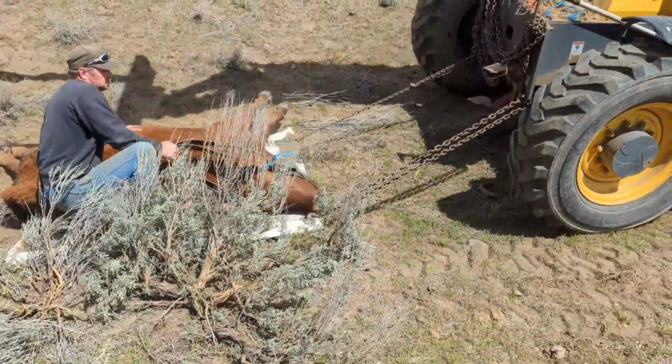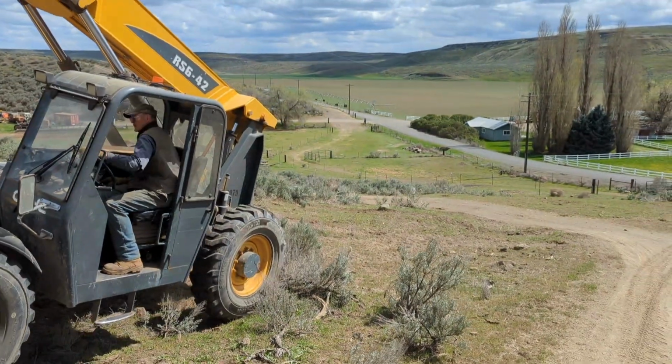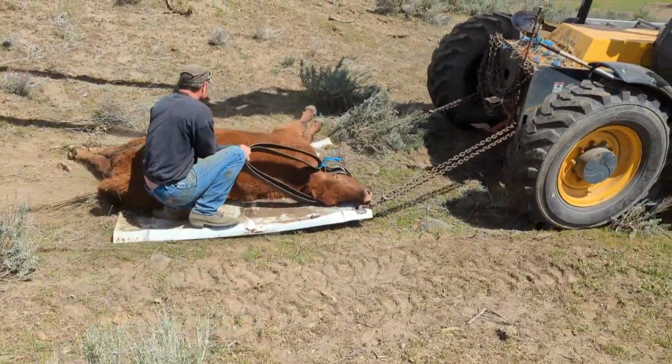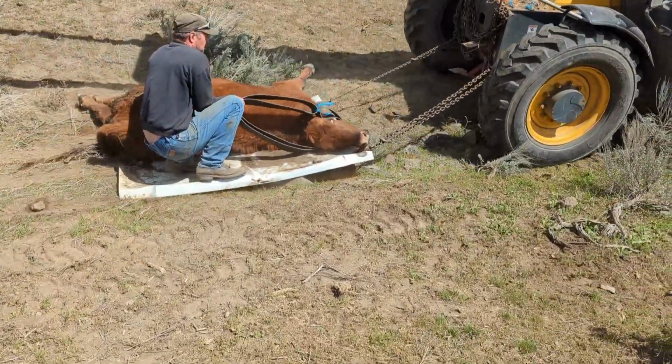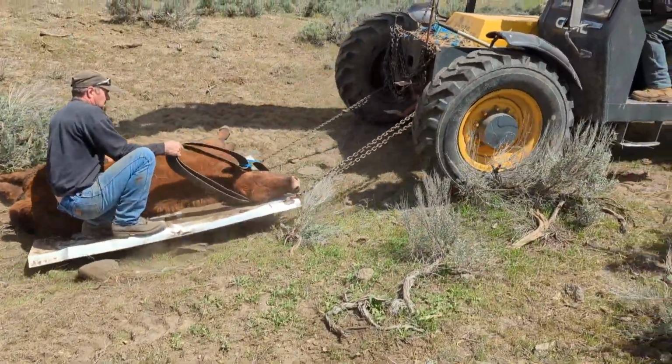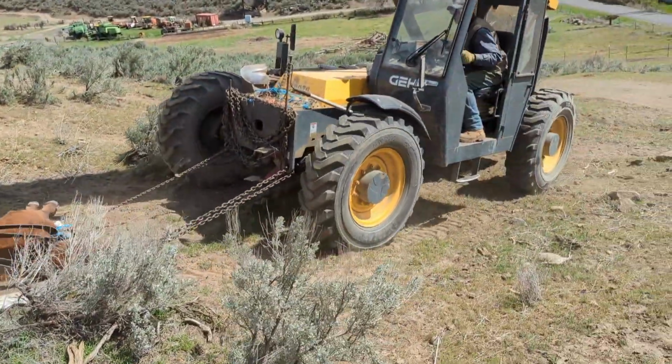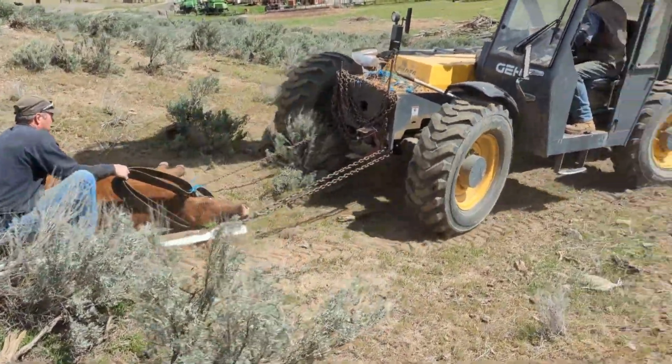It's pretty dangerous. Obviously you've got a 1,100 pound animal and you're trying to move it and do things, and cows aren't wild, but they're not exactly tame either, and they don't really want you sitting on them handling them like this, so you can get kicked and have other issues. Obviously her health is pretty poor, so she's not able to get up and charge or kick too much, so